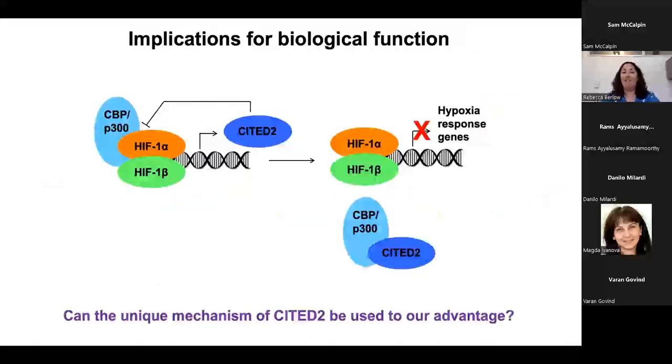And now with the last few minutes, I'd just like to talk about some other work that we've done in understanding what the implications of this work are for biological function. And so simply what I've already told you is that we've identified that the CITED2 peptide we've worked with in our biophysical experiments is a very potent negative regulator of HIF-mediated transcription. And the HIF transcription factors are associated with a number of diseases such as cancer and cardiovascular disease, and also with diseases that are associated with vision loss.